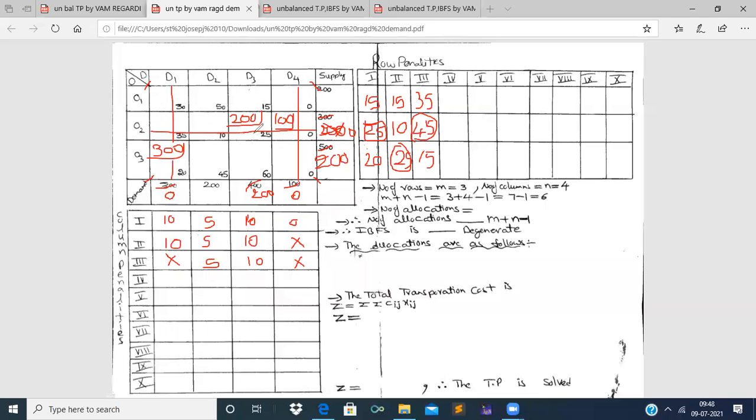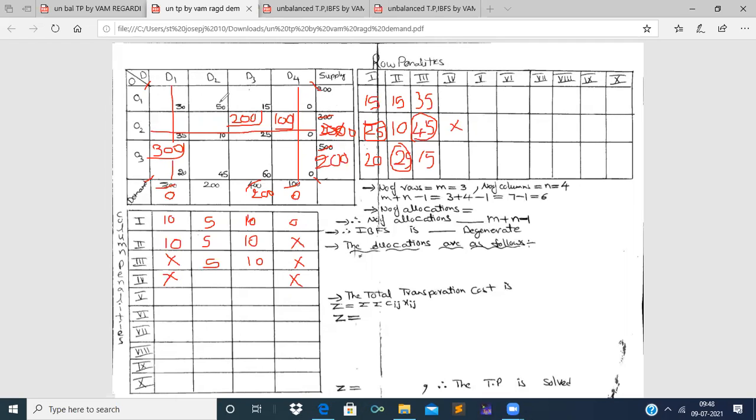Now, see here, as the second row has been struck off, while finding the fourth set of row penalties, we need not find the second row penalty. And the same repeats here also, right? There is no need of finding the first column penalty and last column penalty for the fourth set. And see here, now we see the cost in the first row, that is, we are finding the fourth set of row penalties and fourth set of column penalties.